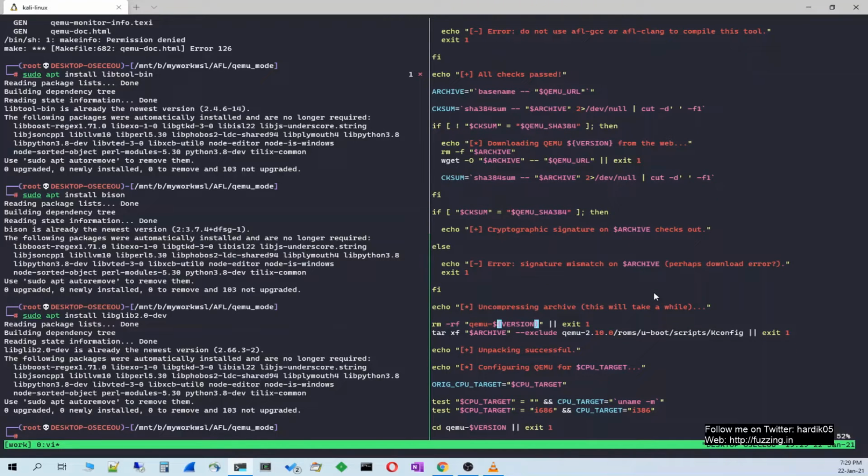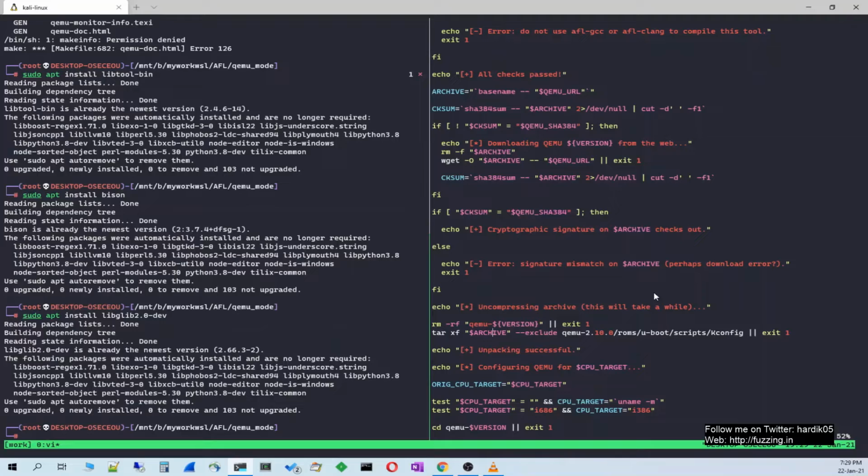So in my case, I found one issue while it was uncompressing the archive file, and there was some error. So I did some Google search, and what I found is that you need to modify this file a bit, and basically you need to exclude one file.